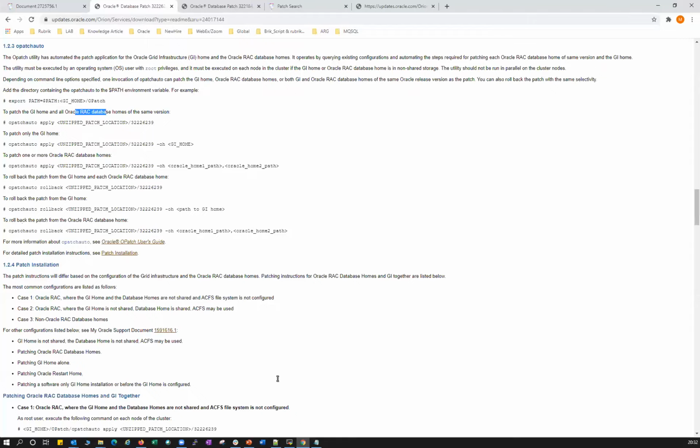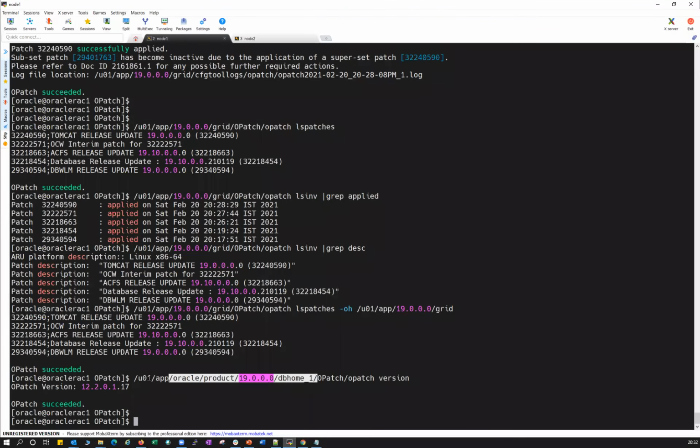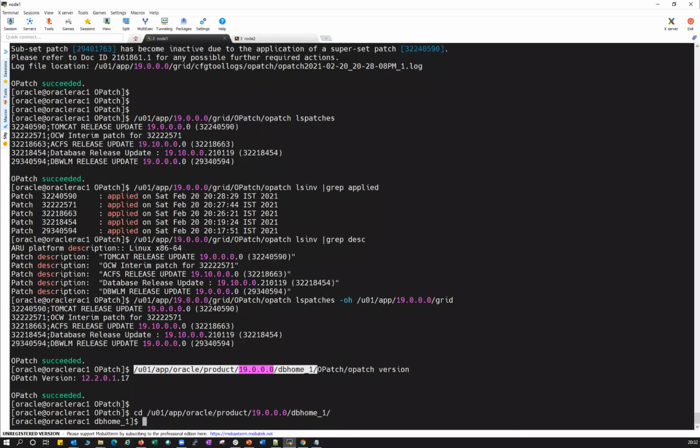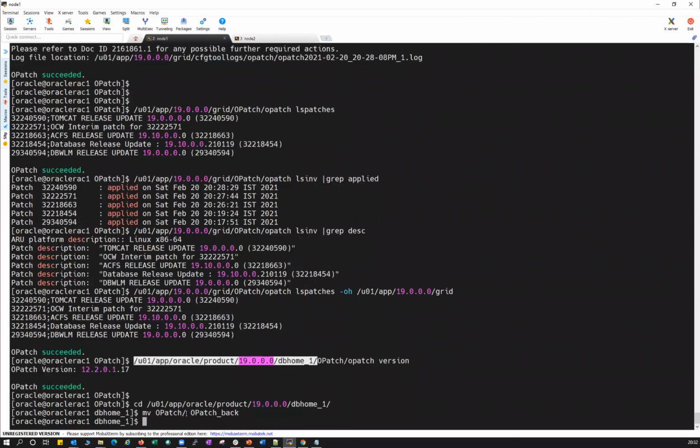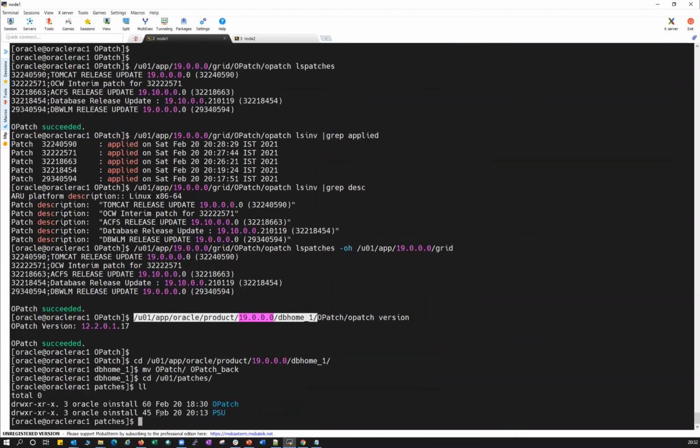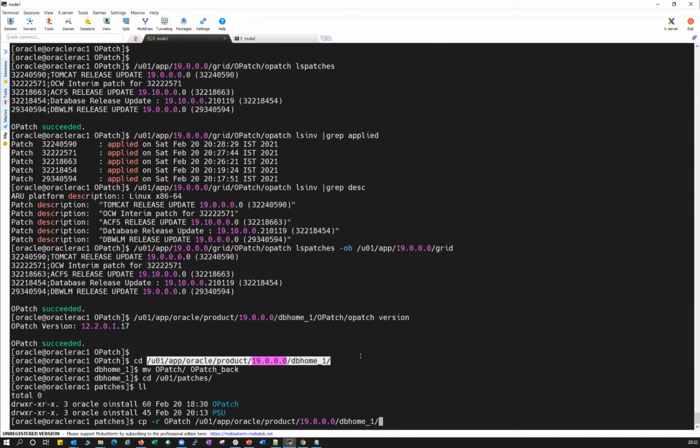What I'll do is quickly move this OPatch. It is repetitive, but we will stop after this first node because we cannot do the other node, as that will take a long time. I will just show you this patch. Now I'll go to u01 patches. Okay, now I have the latest OPatch here. I will do cp -r with permissions, and then I will move into my Oracle home.